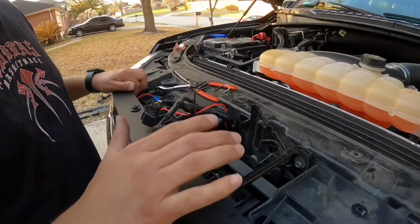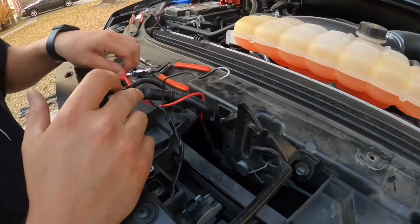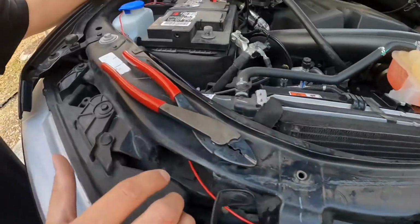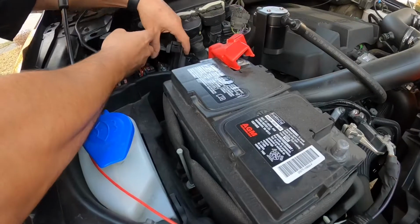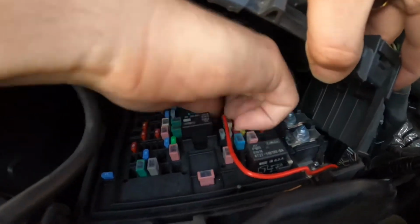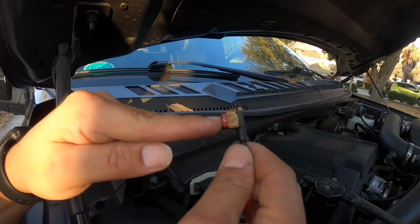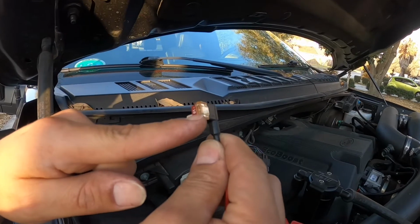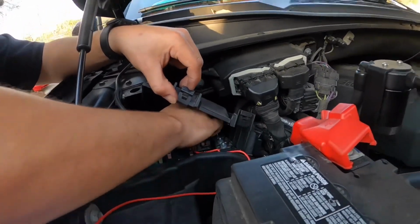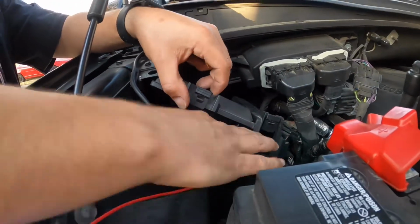Before we go ahead and snap the actual grill back on, I'm going to go ahead and install my ground to the emblem and also my power. So I went ahead and ran the power cable already through the back of the actual grill, through the side and into the fuse box, and I'll show you guys right now where I actually connected this to the fuse box. So inside the fuse box, it says to connect to the number 18. If you look at your manual, it tells you which number 18 is. You're supposed to take off number 18. Here, I'll go ahead and take this out so you guys can see what I'm talking about. So you take off number 18 and you connect this cable with the fuse that you have on number 18, which was the 10 amps, and then the new fuse that you're adding for your emblem, the 5 amp. So you put them together here, and then you just take this entire thing and put it where your number 18 fuse was, and then from there you just try to run your wire as nice as you can through your fuse box and around your vehicle,